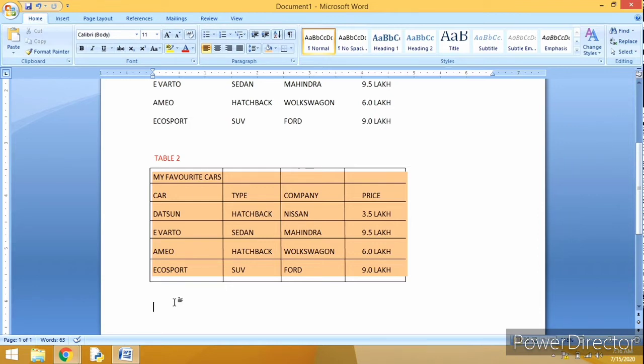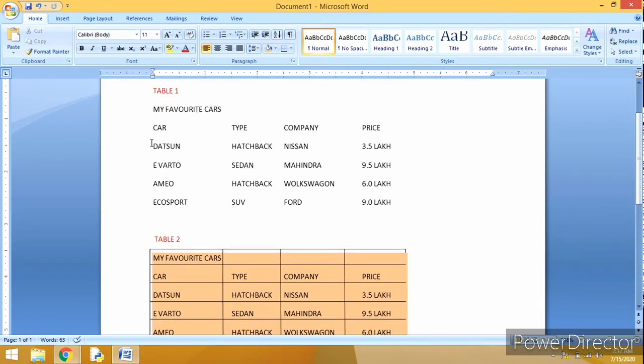Now when I said my favorite cars, what is this? This is known as the caption, right? It is known as the caption or the table heading. Is it clear?